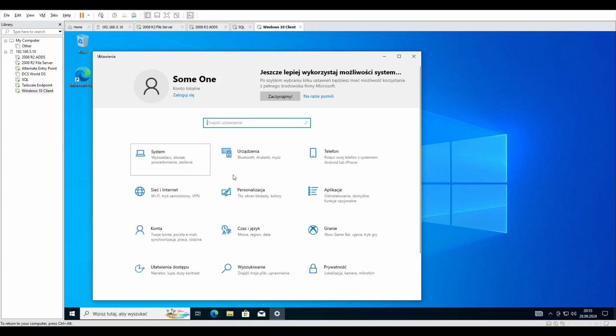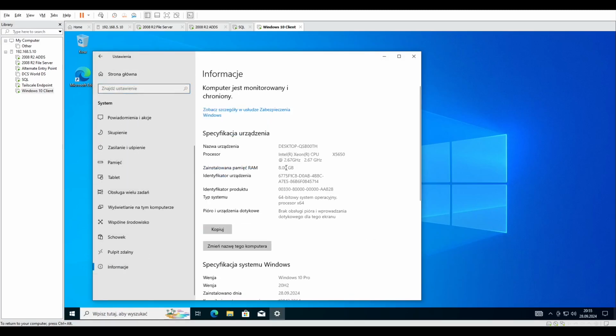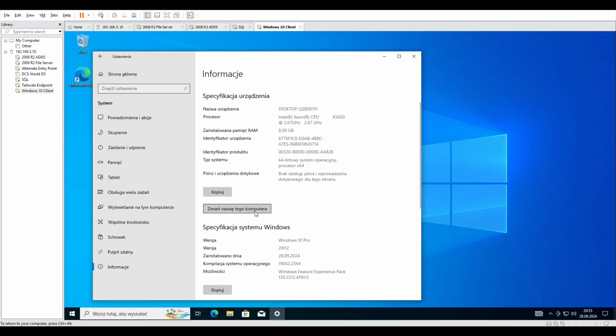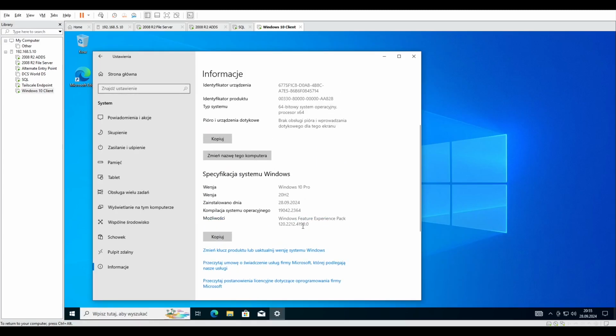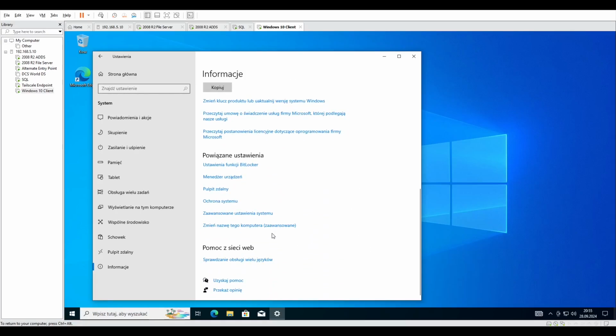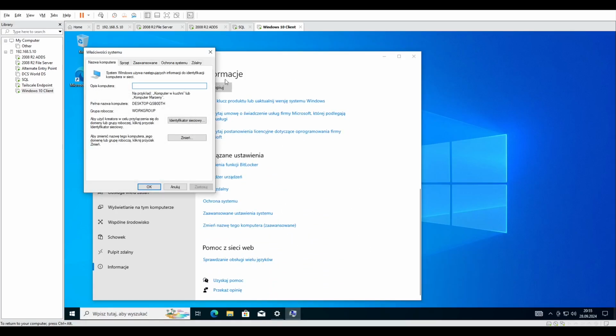Anyways, after I go into the system information, I can click change... never mind, not this. This is change computer name, which would be useful in Windows 7 and so on. But here we need the advanced version, which is what you would use in Windows 8.1 and older, up to 2000, if I remember correctly. I'm not exactly going to be setting up a Windows 11 VM right now, nor a Windows 2000 VM to check, but I know this is the prompt you will be looking for